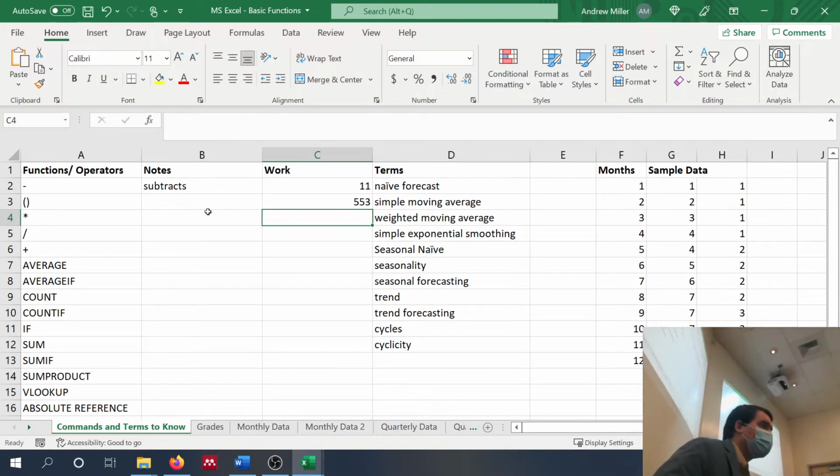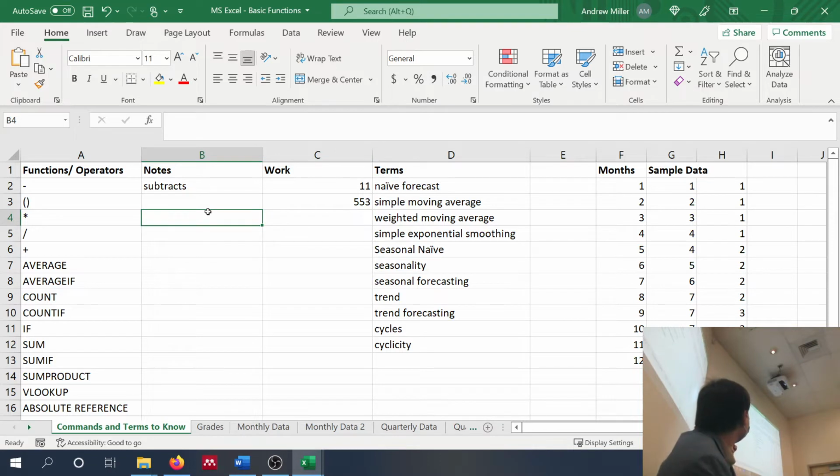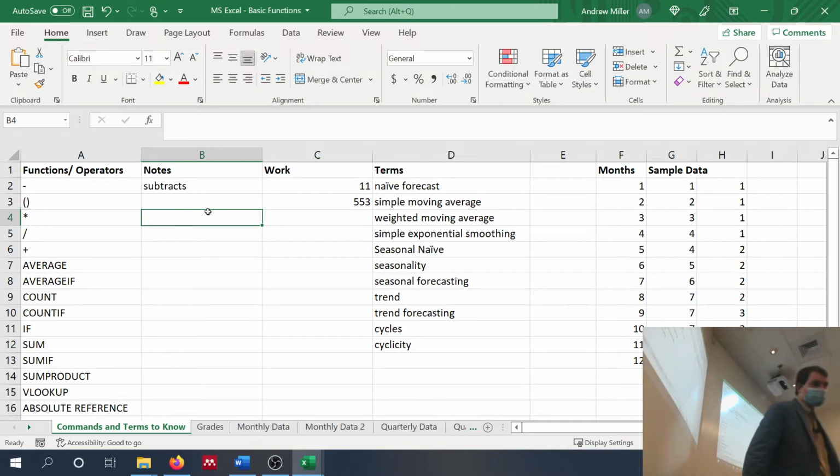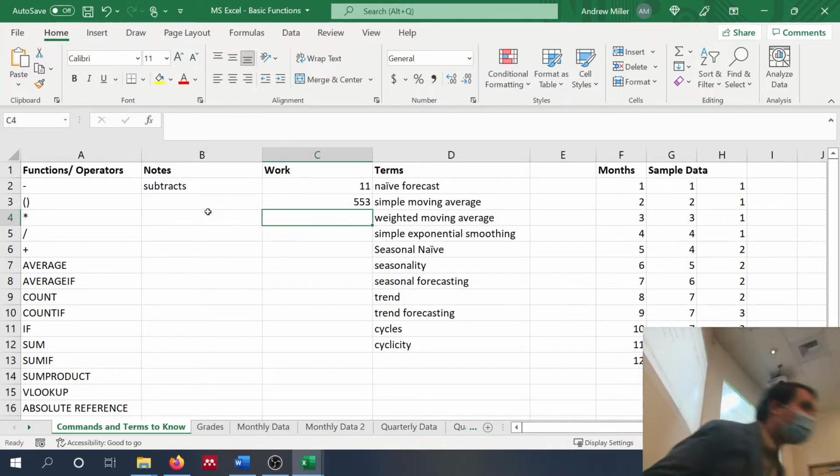So we have the asterisk here, and in Excel, the asterisk is a multiplication symbol. So we multiply 2 numbers together. Does that make sense to everyone? So I'll just do a brief example of it. How do I start off an Excel equation?